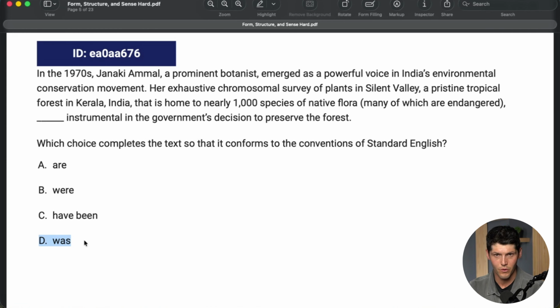Whenever you have that situation, you pick the outlier. You pick the one that is different from the pack. If you do this, you will get all these questions right. I promise you. I have not seen a single type 1 verb question. That's what I call these, type 1, where we're dealing with singular or plural. I have not seen a single type 1 question go the other way, where one of the 3 that are all plural in this case is right. That's never been the case. It's always the one that stands out